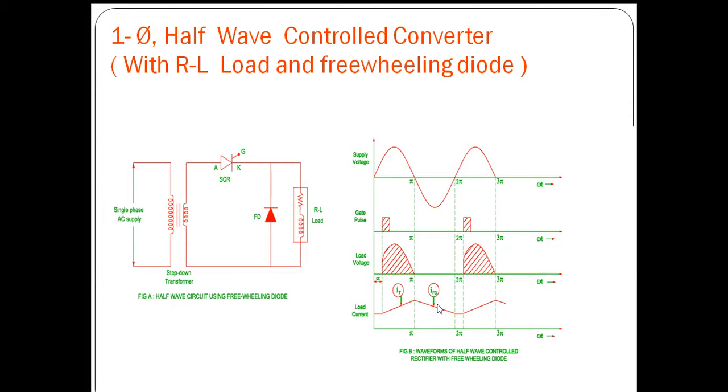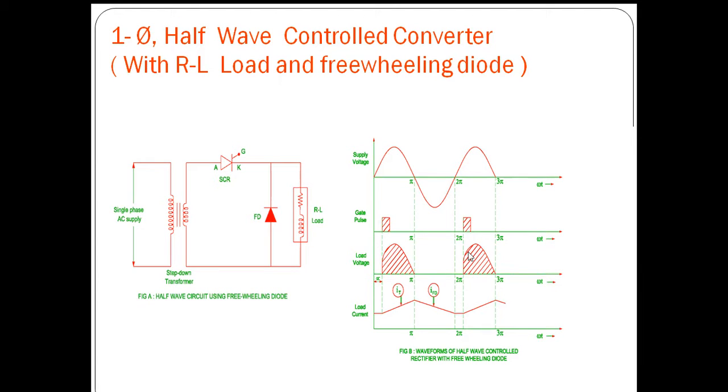The current will slowly decrease, decrease up to 2 pi. Further, the SCR won't conduct from 2 pi onwards. Even though the device is subjected to forward bias from 2 pi onwards, it won't conduct for a small duration. At the instant when we provide the firing pulse, from that instant only the device will be in conduction.